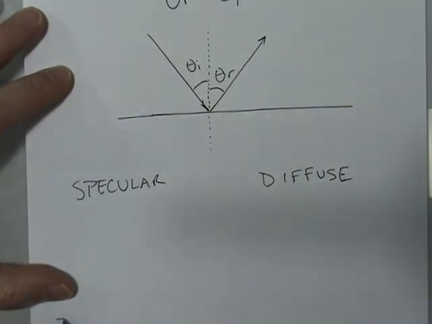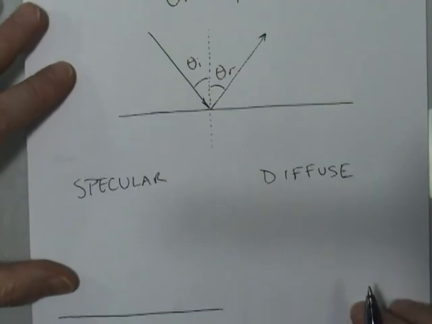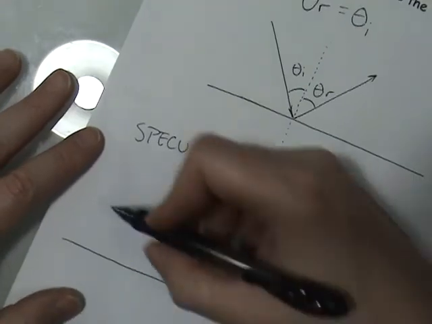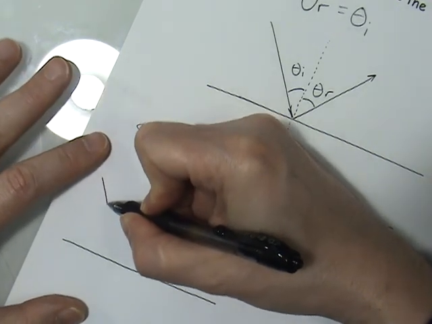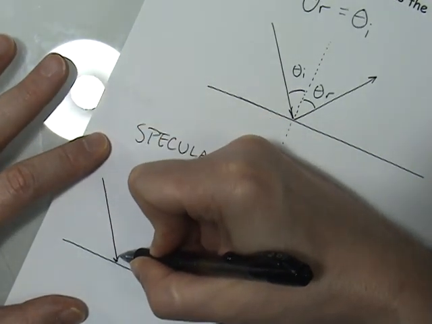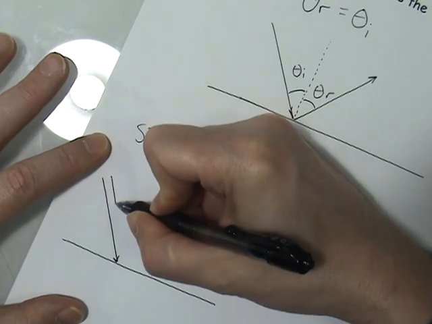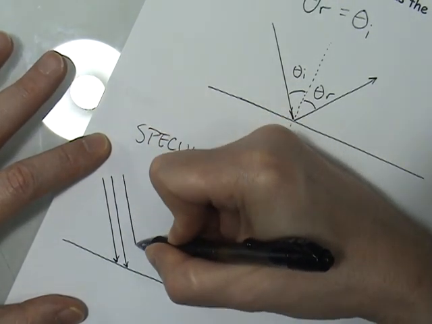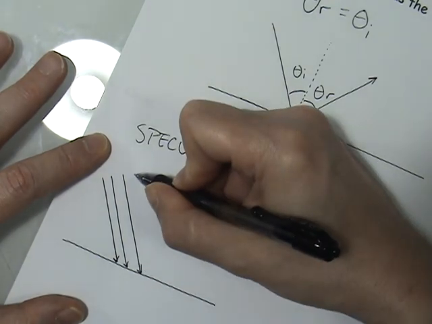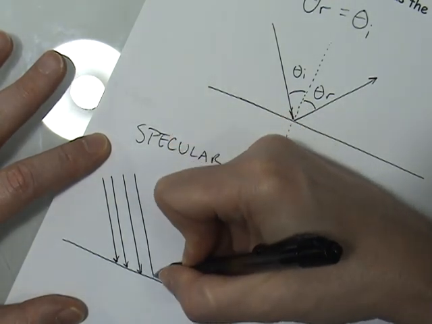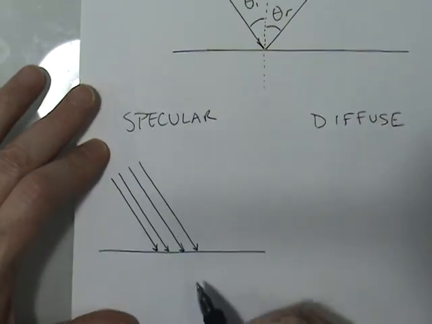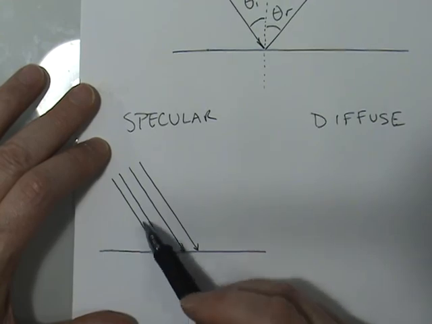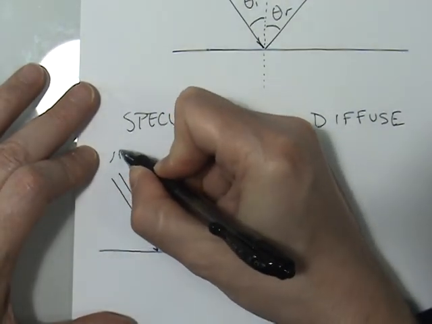So let's take a look at how specular reflection works. Okay, in specular reflection, instead of drawing a single ray of light, let me draw several rays of light, and let's imagine that these rays of light have traveled to this surface after they bounced off of a tree. So the tree, which is far away, has had rays of light that bounced off, and by the time those rays of light reach all the way over here to this very shiny surface, the only rays that really remain that strike this surface traveled in a nearly parallel path